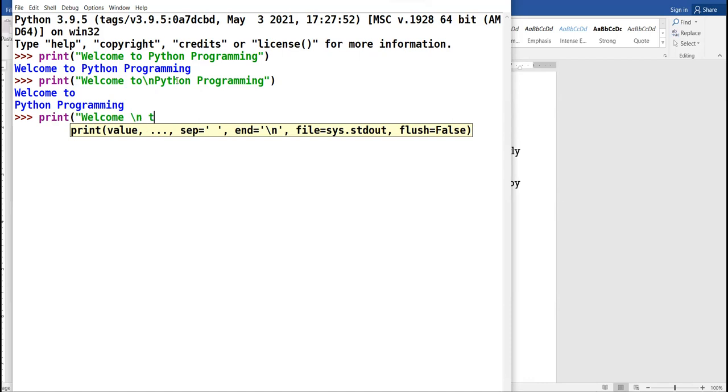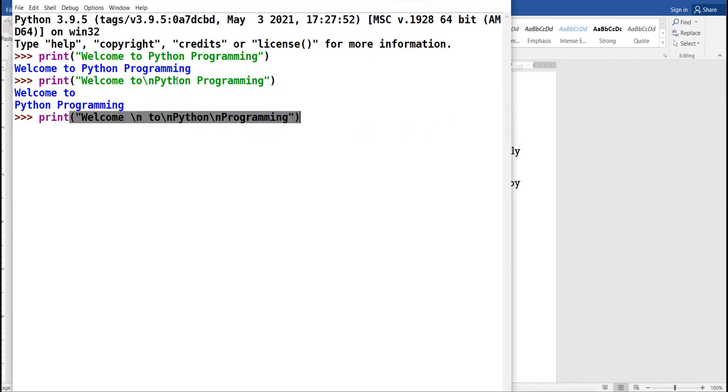Welcome backslash n to backslash n Python backslash n programming. See here. Have you noticed the change? 11th. The role of backslash n is clear to all?